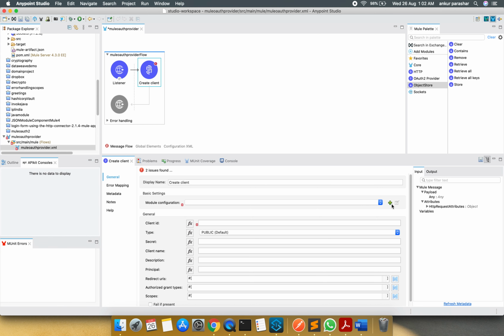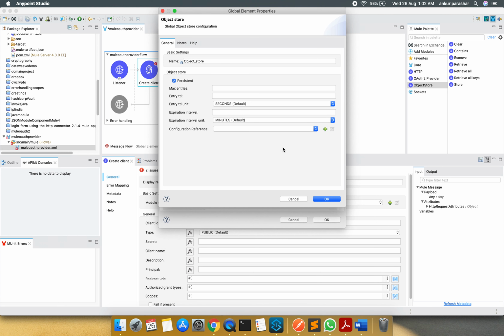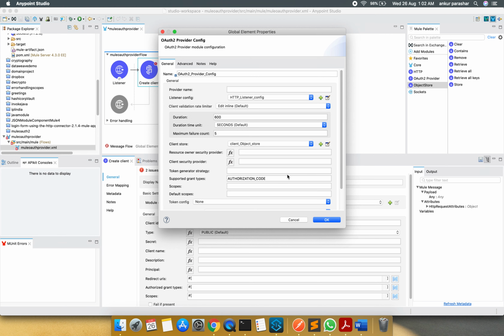I will click on this plus sign, and for the client store I will click on this plus, and I will name this by just putting client in front of it. That should be enough, and I have marked it as persistent. I will click on OK. Now, instead of authorization code, we can give comma separated values; if not specified, then the authorization code grant type will be supported. So instead of this I will use client credentials,